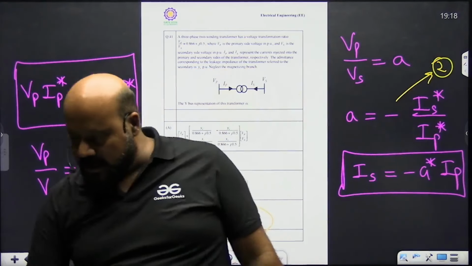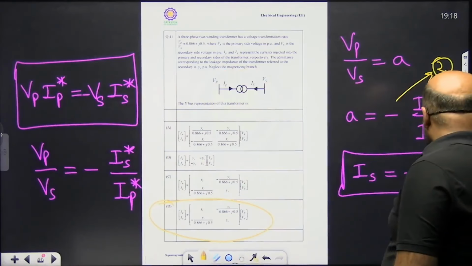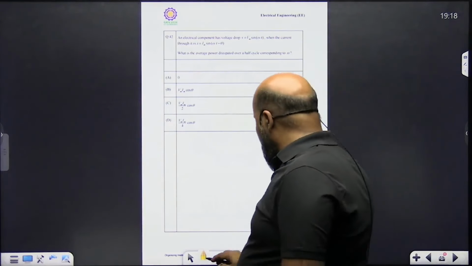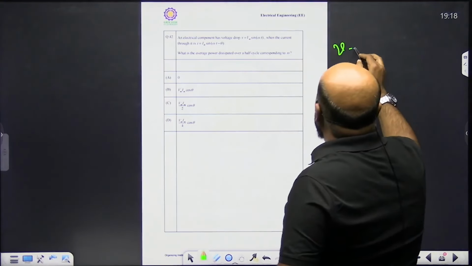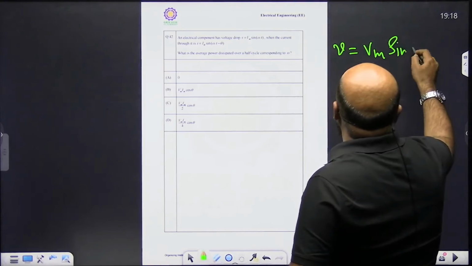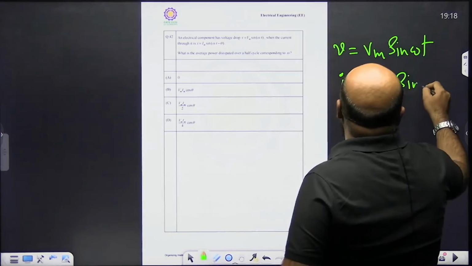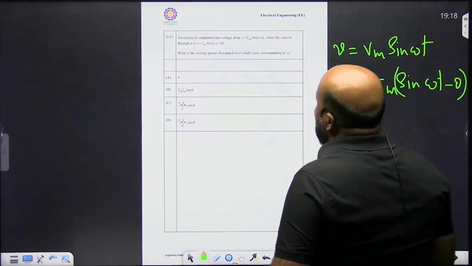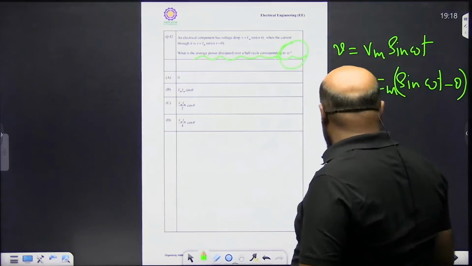जो कॉन्सेप्चुअल वाली बात थी वो मैंने डिस्कस कर ली, थोड़ा फटाफट से इसको कर लेते हैं। अब नेक्स्ट क्वेश्चन है 42। अब देखो इसमें क्या बोला है, ये तो बड़ा ही आसान क्वेश्चन है, ये हमने लगभग पावर सिस्टम की पहली क्लास में हर जगह डिस्कस किया है। वोल्टेज दे रखा है Vm साइन ωt, सिंगल फेज है। करंट दे रखी है Im साइन (ωt माइनस θ)। और आपसे पूछा है कि एवरेज पावर डिसिपेटेड ओवर हाफ साइकिल करेस्पॉन्डिंग टू ω।